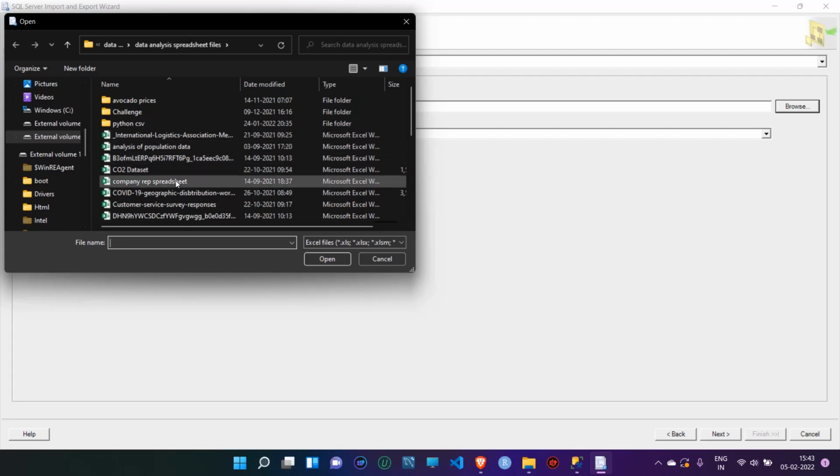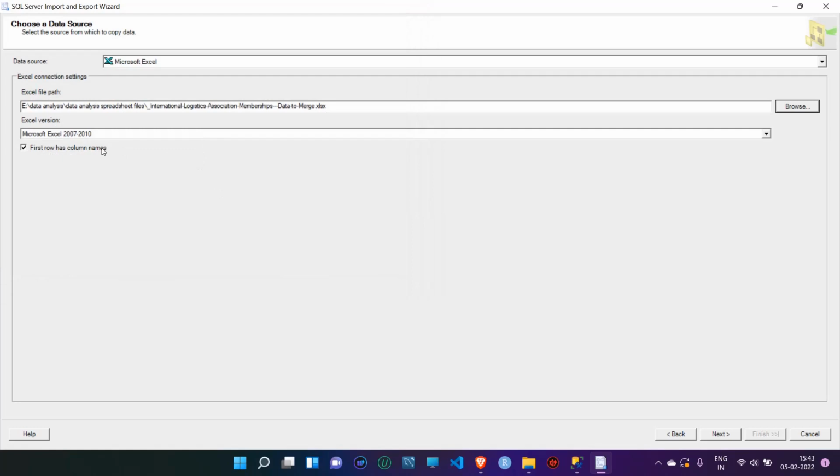I wanted to import this file, International Logistic Association, so double click on that. After that you can see that in the Excel version it itself determined which version it is, 2007 to 2010. So I recommend that you don't change it, keep it as it is. After that we'll click on next,